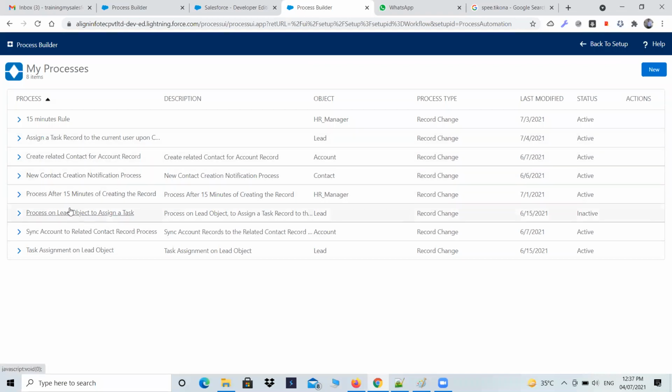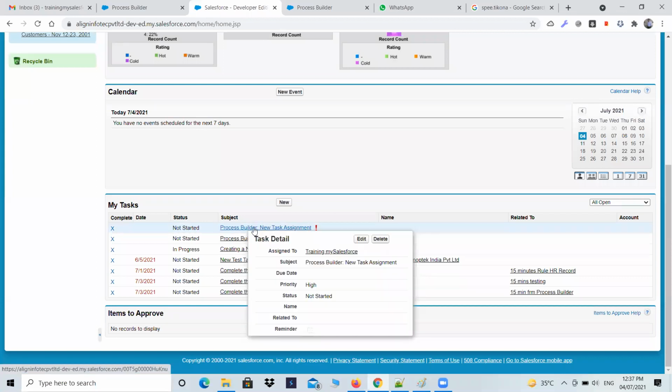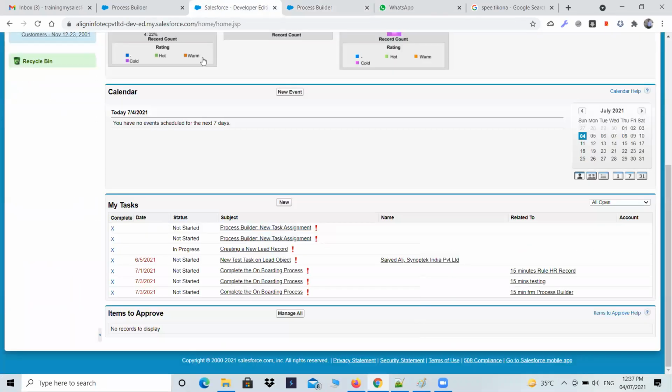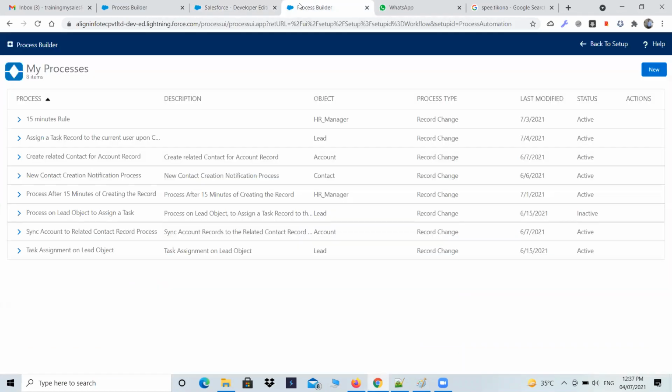प्रोसेस बिल्डर के 2 वर्जन्स चल रहे हैं यहाँ पे, क्योंकि एग्जाम्पल सॉल्व करके दे दिया था। इसलिए देखो, इसने एक रिकॉर्ड तो क्रिएट किया है लेकिन इस नाम से उसके 2 वर्जन चल रहे हैं, तो एक वर्जन डीएक्टिवेट करना पड़ेगा। तो रिकॉर्ड क्रिएट हो रहा है, प्रोसेस बिल्डर न्यू टास्क असाइनमेंट के नाम से 2 क्रिएट हो गया, एक अभी-अभी क्रिएट हुआ है। ये एक्चुअली एक पुराना था, वो इसलिए हो रहा है क्योंकि ये सेम प्रोसेस मैंने इसके पहले इस बैच में बना दिया था, तो इसके 2 वर्जन चल रहे हैं जिसमें से एक वर्जन मुझे डीएक्टिवेट करना पड़ेगा।